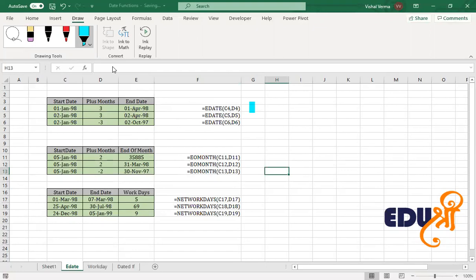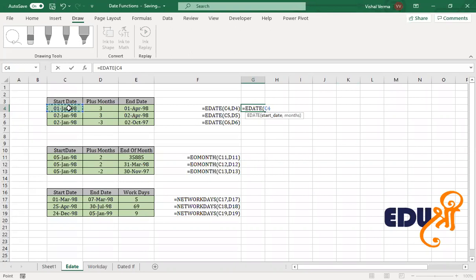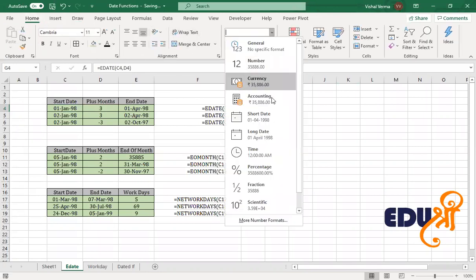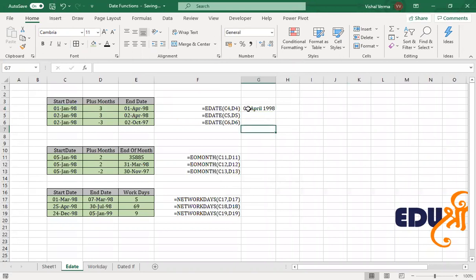To see the function here, the formula is equal to EDATE. Then we put the start date and the number of months we want to add. This is the syntax for that. We always get a number in numerical digits, so the first thing we need to do is convert it from General to a Long Date or Short Date. We can take it as Long Date to understand the value.